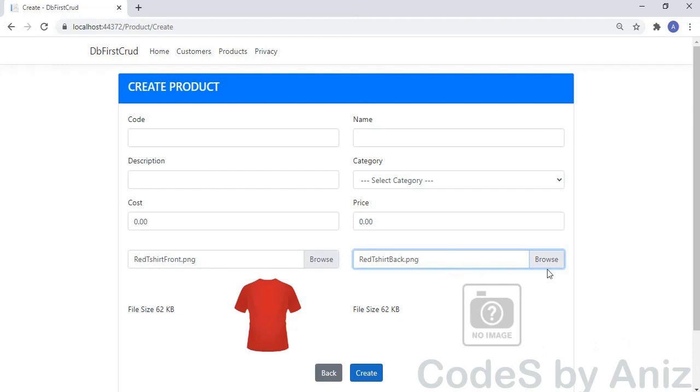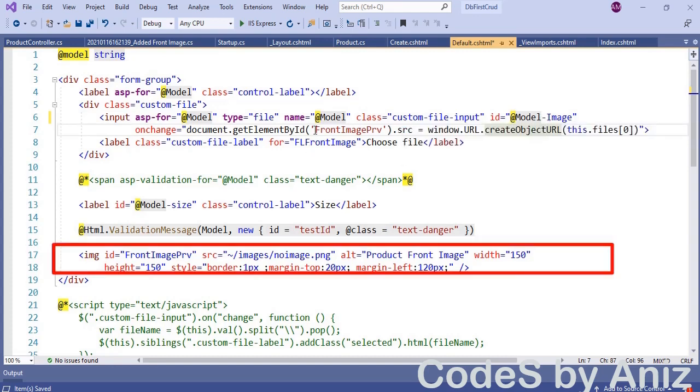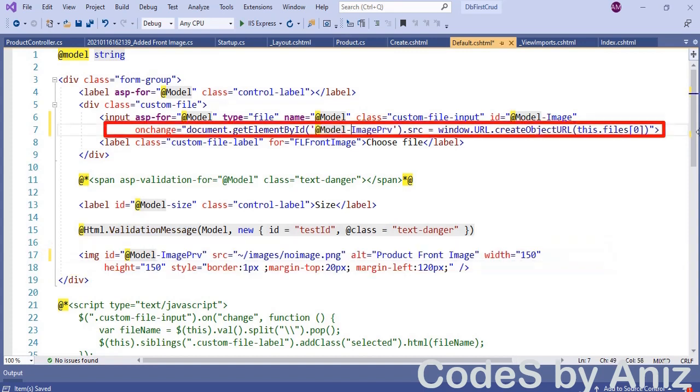Let's fix it. To fix this issue, first we need to change the ID of the file input to model-image and then change the ID of the preview image tag to model-image-PRV. Then change the front image PRV inside the single line onchange event to model-image-PRV.